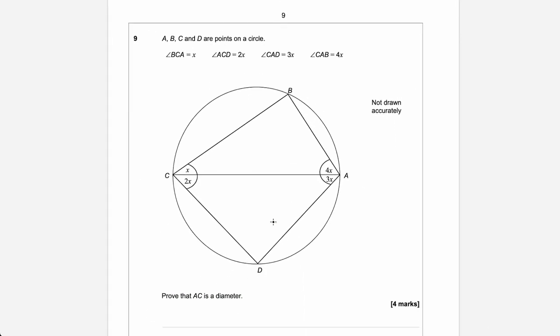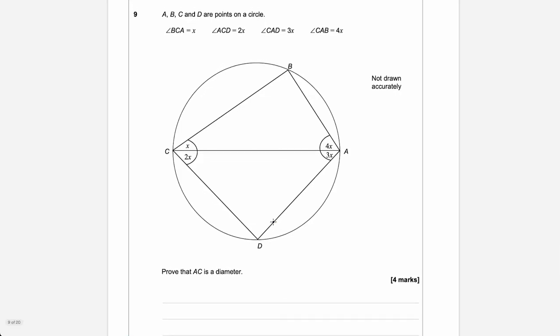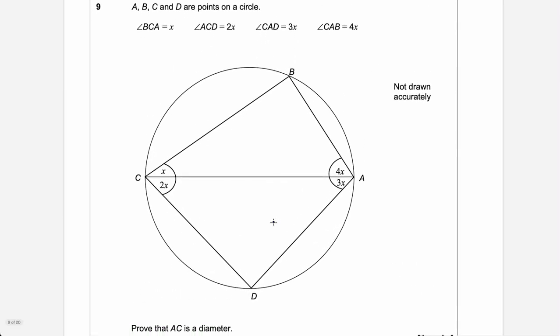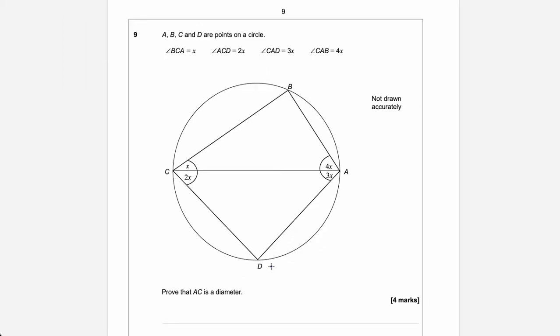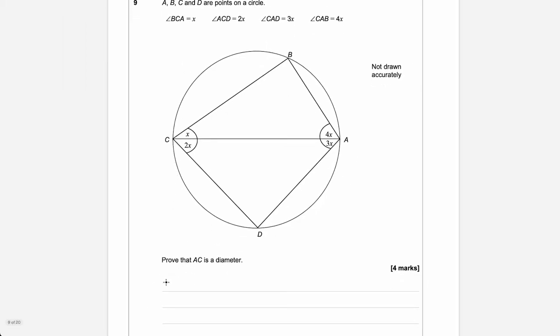Okay, question 9. Okay, let me zoom out a second. Okay, let's just prove that this is a diameter. So it says A, B, C, D are points on a circle. Prove that AC is the diameter. Okay, it's the diameter if, so I will zoom out, guys. It is the diameter